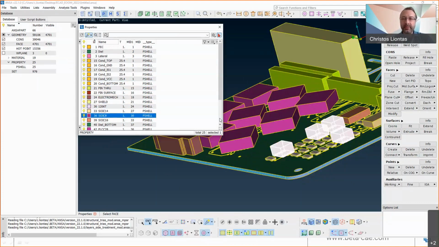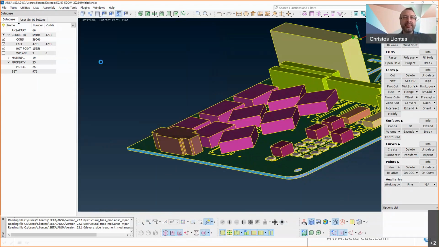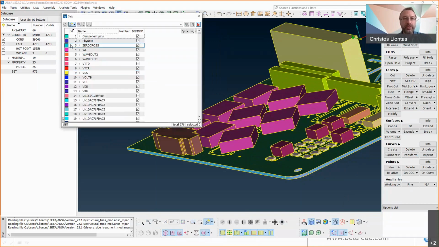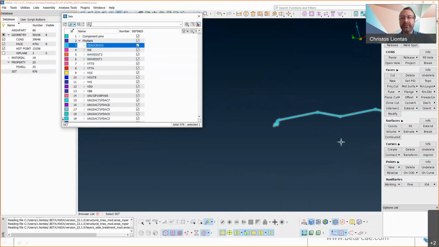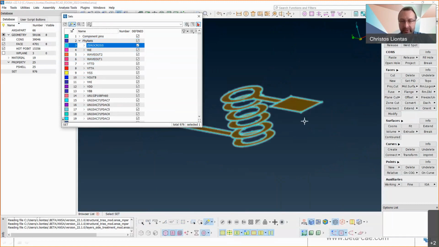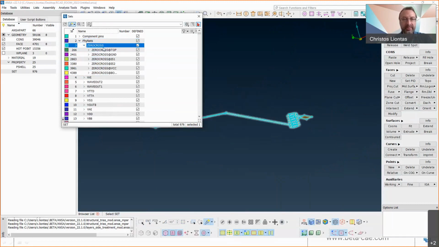So, for example, these 4 components are of the same package. That's why they have the same property. And finally, we have a set structure, which reflects the electrical topology. So under FiNet, you have all the electrical nets of this circuit, of this PCB, and you can isolate a specific net, a specific circuit for viewing and for editing, of course. And you can further subdivide it in top and bottom and other layer components.